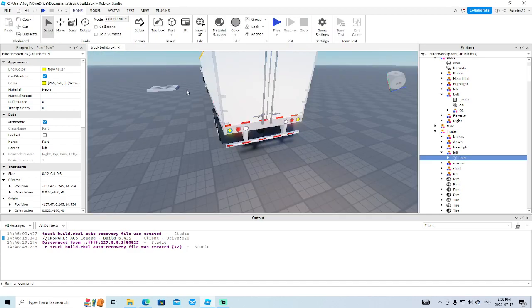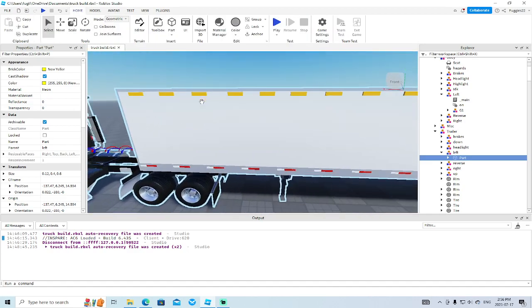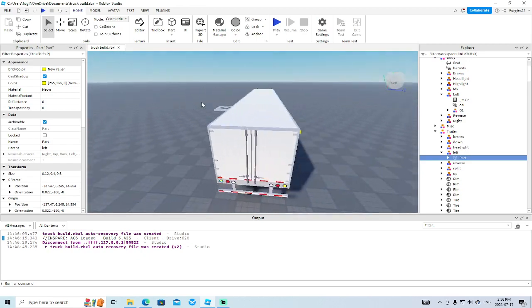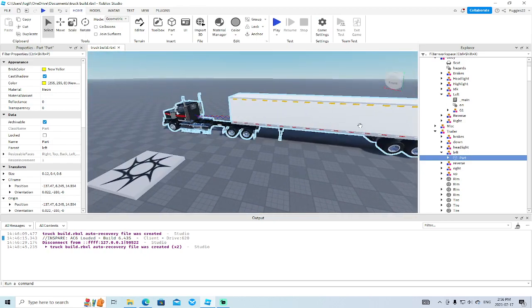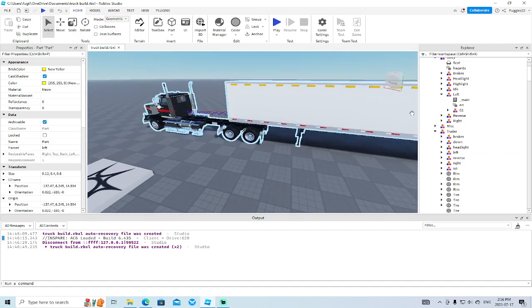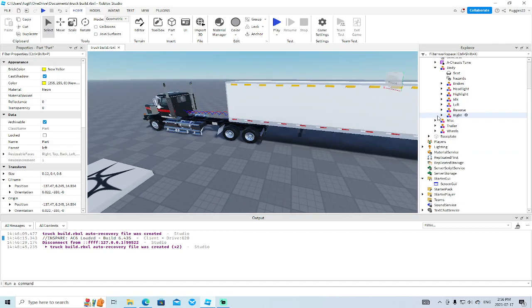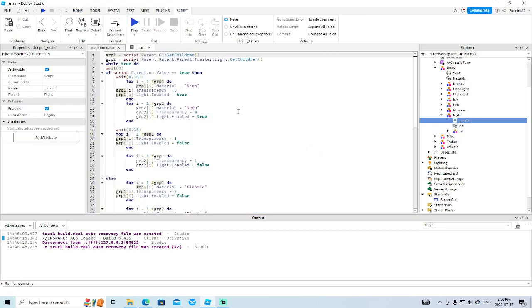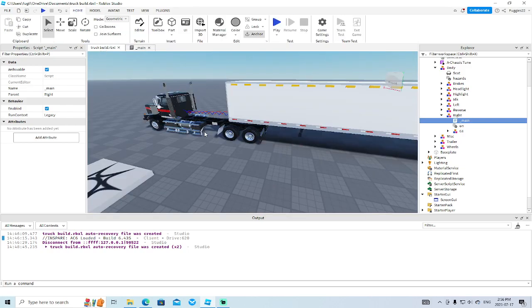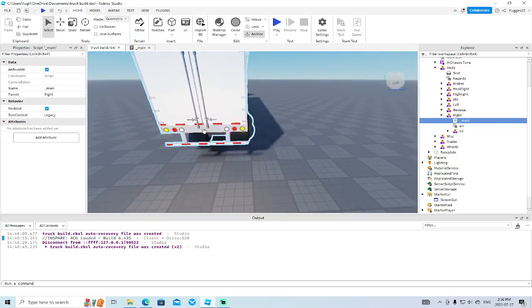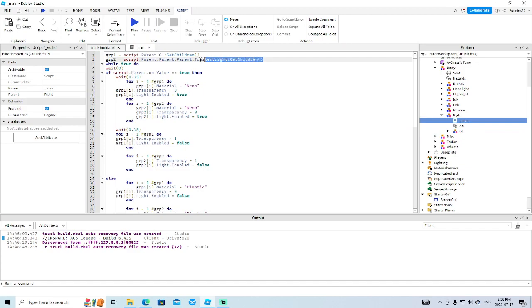When it comes to setting up the rest of the lights on the vehicle, we are going to do that in the same way. If we want to set up the right blinker, for example, we want to make sure that we create a group, and let's just do this together. What I'm going to do is delete some of this code, and we are going to redo the code